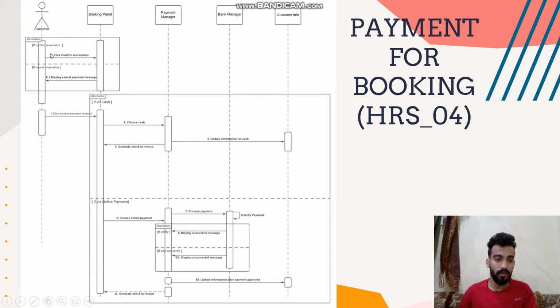As you can see here, if the customer confirms the reservation, he will click confirm reservation, and if he cancels the reservation, the booking panel displays a cancel payment message to the customer. And the second step is